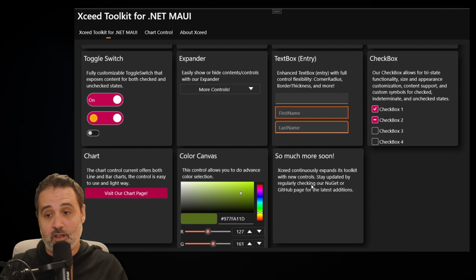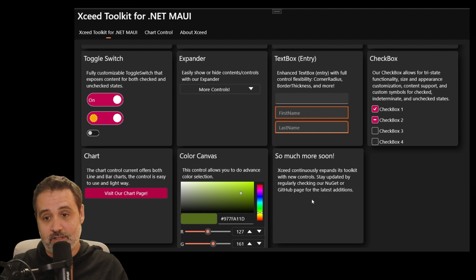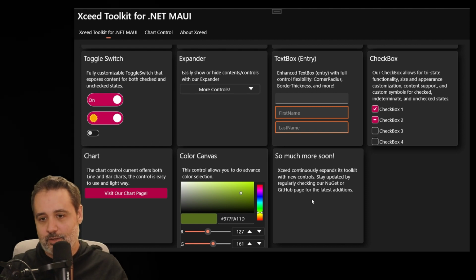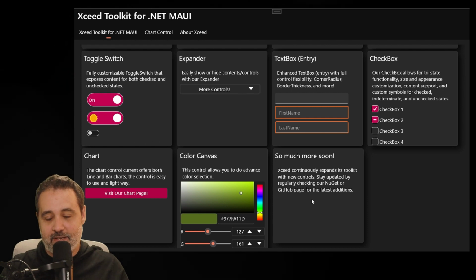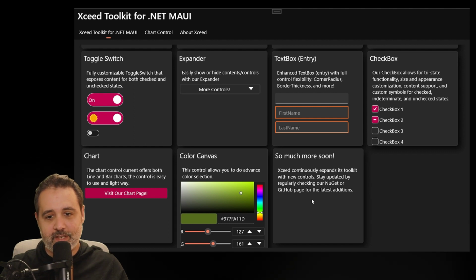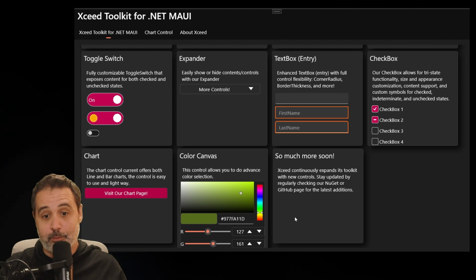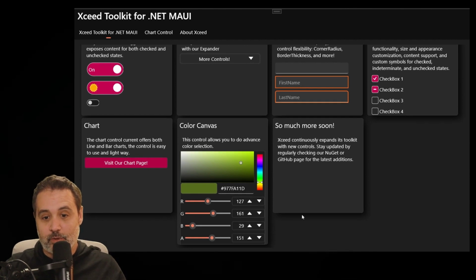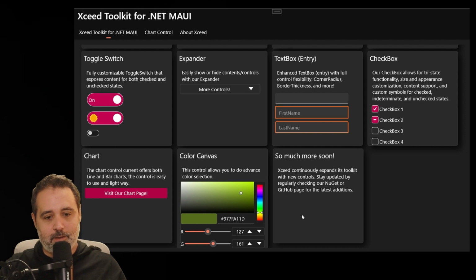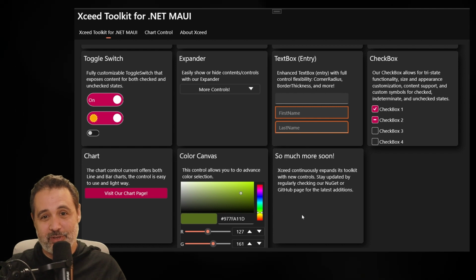So as you can see, we've added a lot of controls, and there's more to come. The next controls that we're currently working on, to give you a better idea: we're working on a masked text box, for phone numbers, credit card numbers, or any type of mask you want to offer, your entry will support that. We're also working on the controls that we feel are still missing, like the radio button, for example. So we're recreating that one from scratch as well. There's a ton more to come. I don't want to list them all because I'm not exactly sure in which order they'll become available,